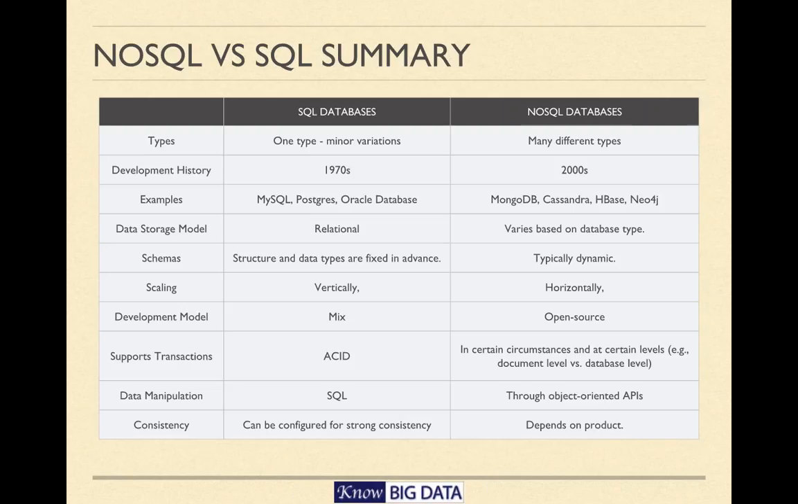On one end, the development model is mixed, while in case of NoSQL, almost all new generation databases are open source. The transaction support is there in SQL databases, strictly transactional, as in they have all four properties of a transaction: A, C, I, and D. In case of NoSQL,